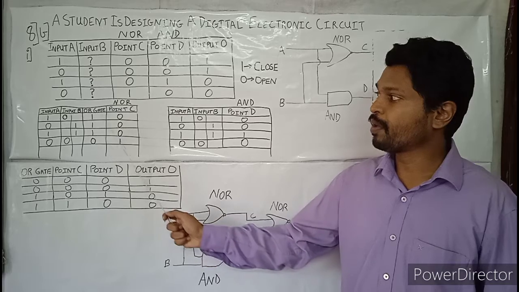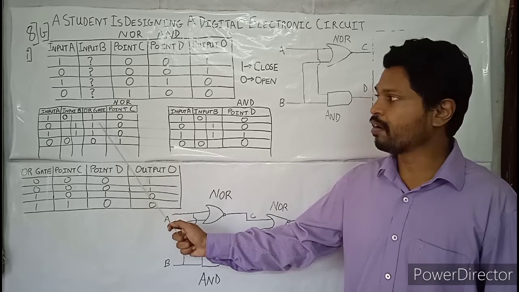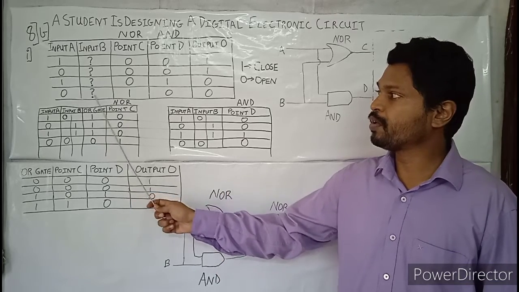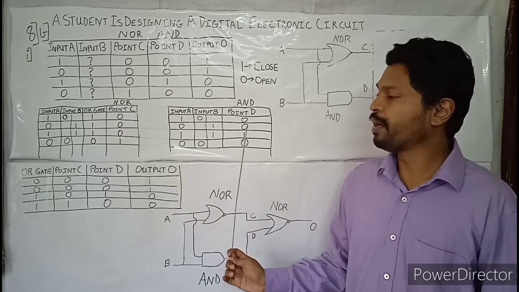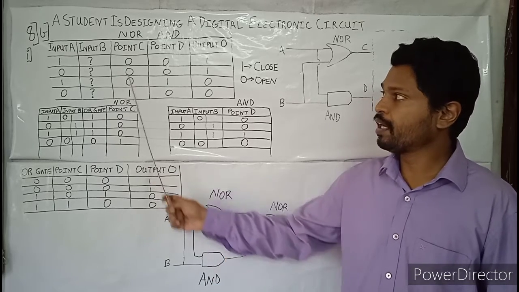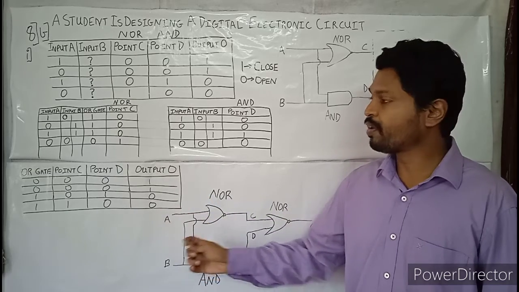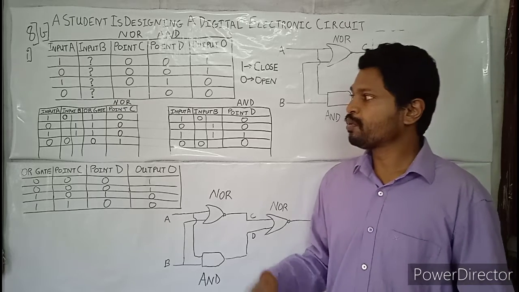There is one additional column I have inserted over here. I'll explain this column. And the second column, this 1 and 2 we have taken over here, and this column D part we have taken over here. We have split up these 4 columns into 2 different parts. Why? We will understand that. So we'll come to the first part.